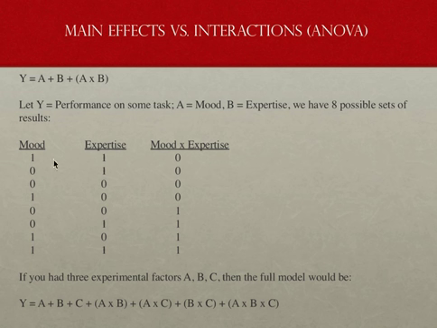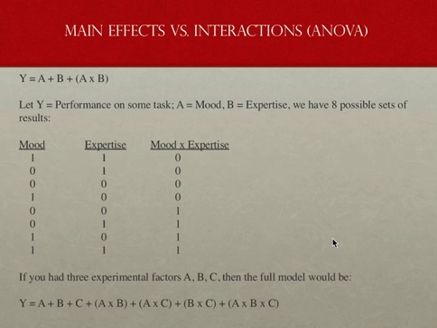So this one, for example, 1, 1, 0 would mean that there is a main effect for mood, a main effect for expertise, but there is no interaction effect. The 0, 0, 0, or let's say this one, there is no main effect for mood, there is no main effect for expertise, there is no interaction effect. 1, 1, 1 would mean all of the possible effects are significant. And so what I'm going to do over the next few minutes is show you how we interpret each of these findings pictorially. But before I do that, let me just expand